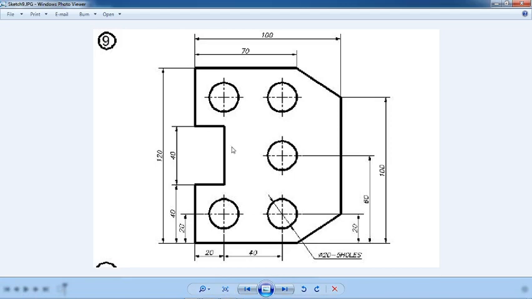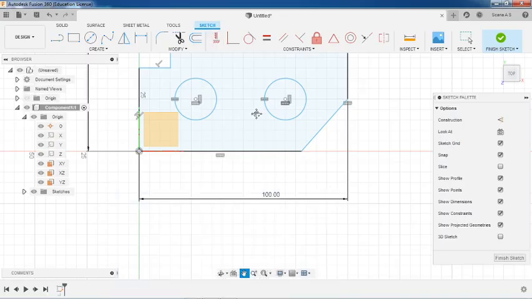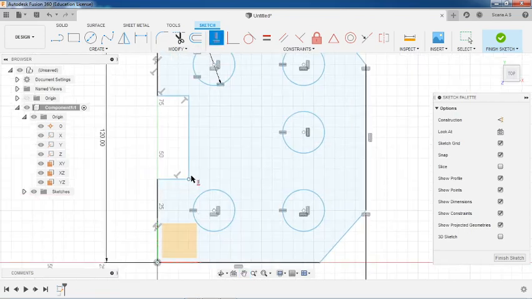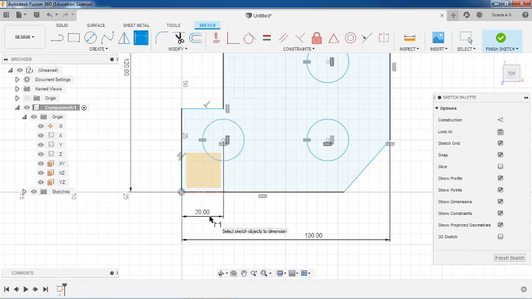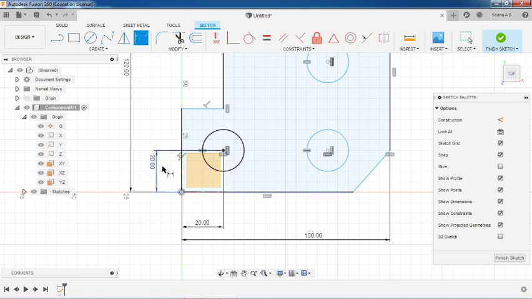What are the dimensions here? So from this corner point 20 and 20, this also 20, so that also we will align vertically. This from here to here also this. Now you can give the dimensions. This is 20 and here also this is 20 and this is 40